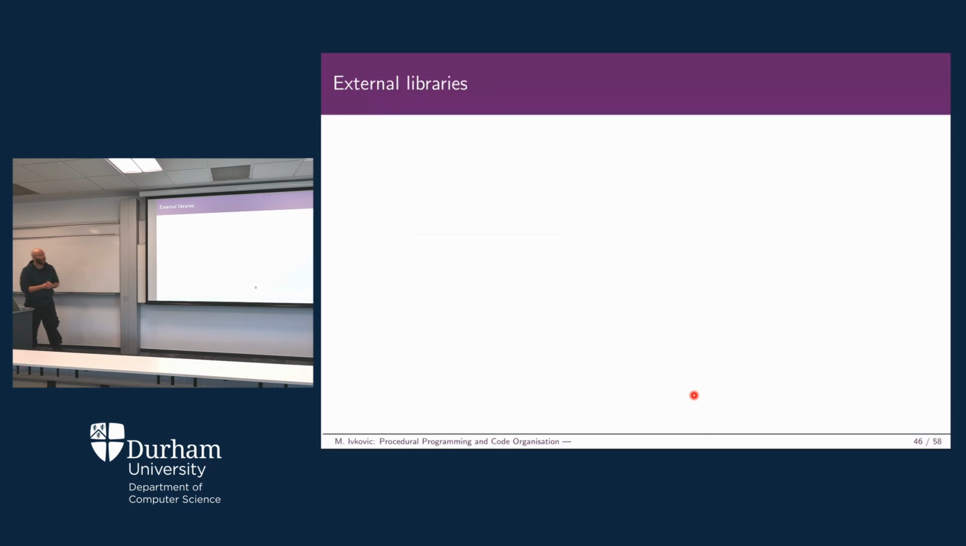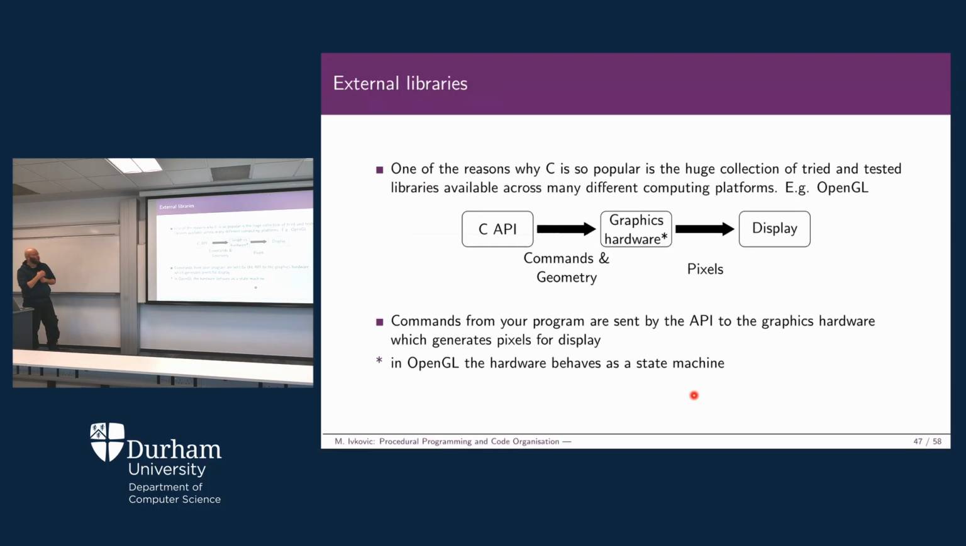And to finish up, we're going to talk really quickly about external libraries and what their use is. One of the reasons why C is so popular is that it already has a massive collection of tried and tested libraries which are available across many computing platforms. For example, OpenGL provides you a C API, so an application programmer's interface, meaning that you get,